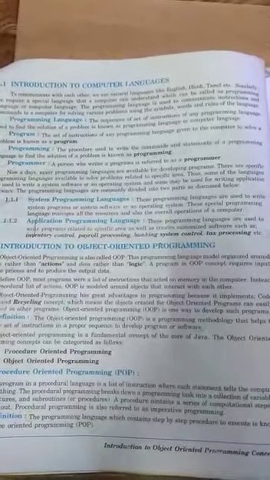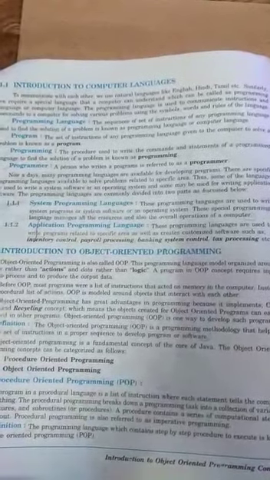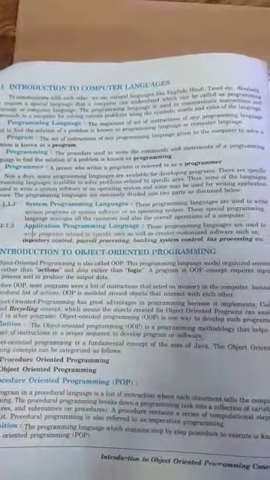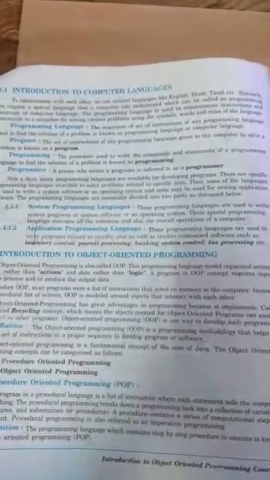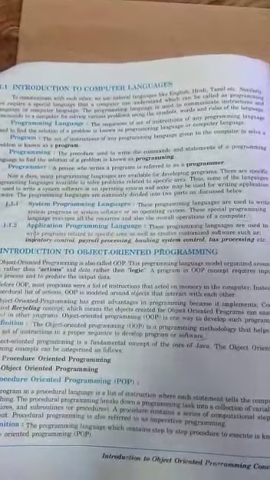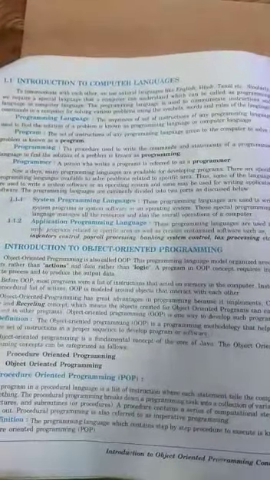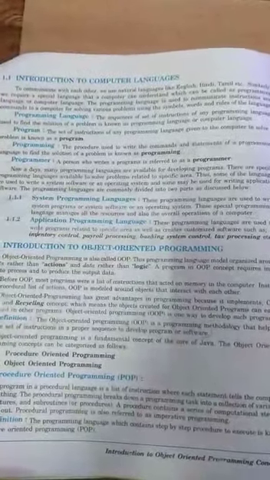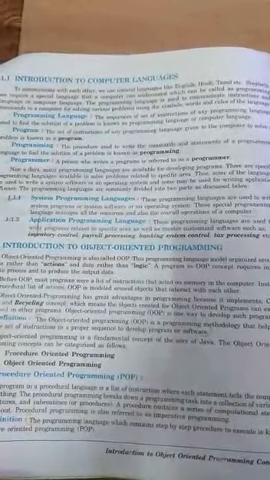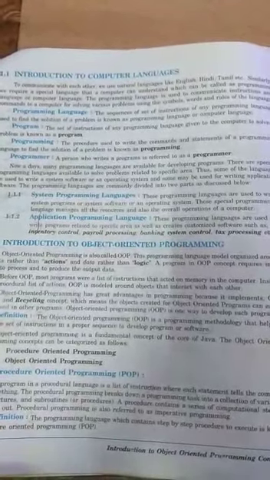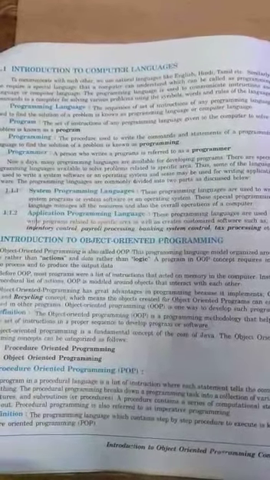So now what is a programming language? When we are talking about Java as a programming language, it automatically comes to our mind, what is a programming language? So programming language is the set of instructions which you are writing to find the solution to any problem. Suppose you want to add two numbers, so then there are various steps to add those numbers, and you will be writing the program using the symbols or the statements. So that is, the statements and symbols are provided by your programming language. Java is also one of the programming languages.